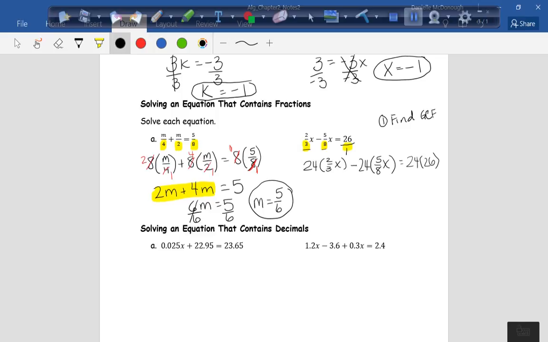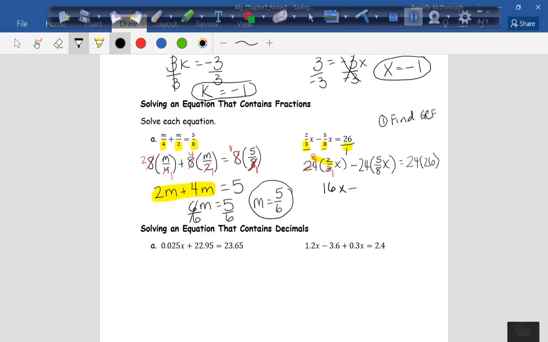Okay? So, again, we're going to go through and cross cancel to make this easier to multiply. So, right here we can do 3 goes into 3 once, 3 goes into 24 8 times. The only difference is this time it's 8 times 2x, and so 8 times 2 is